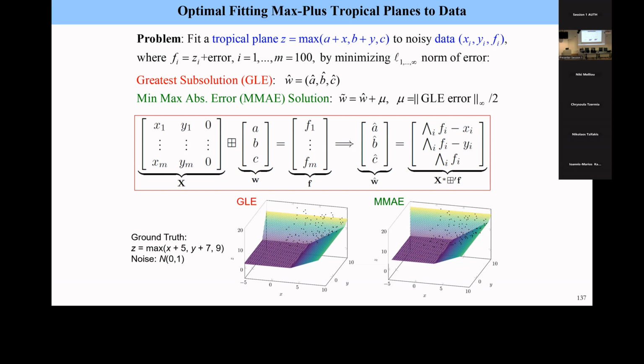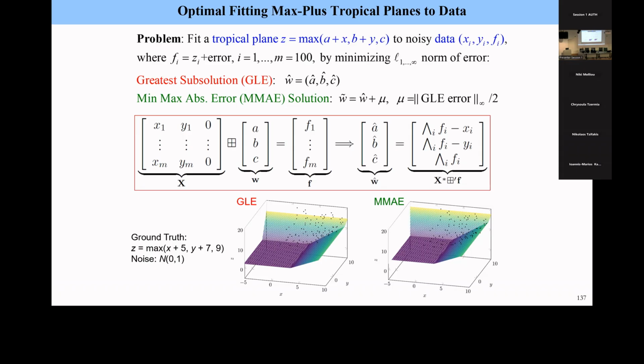Well, now this tropical plane will have three parameters. It will be the maximum of three terms, a plus x, b plus y, and a constant bias or intercept term. So these three parameters, a, b, and c, again, they can be found by solving a system of max